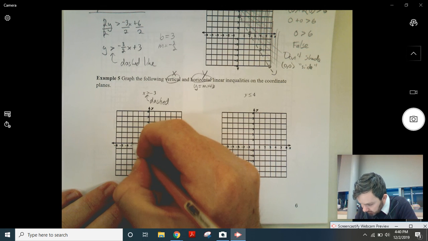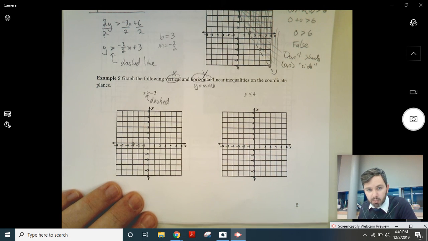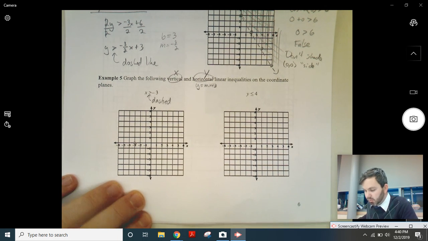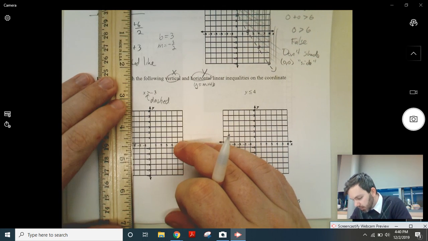Well, -3 on our x-axis is right here. So we're going to have a vertical line right there. So I'm going to use my ruler. That's how my vertical line is